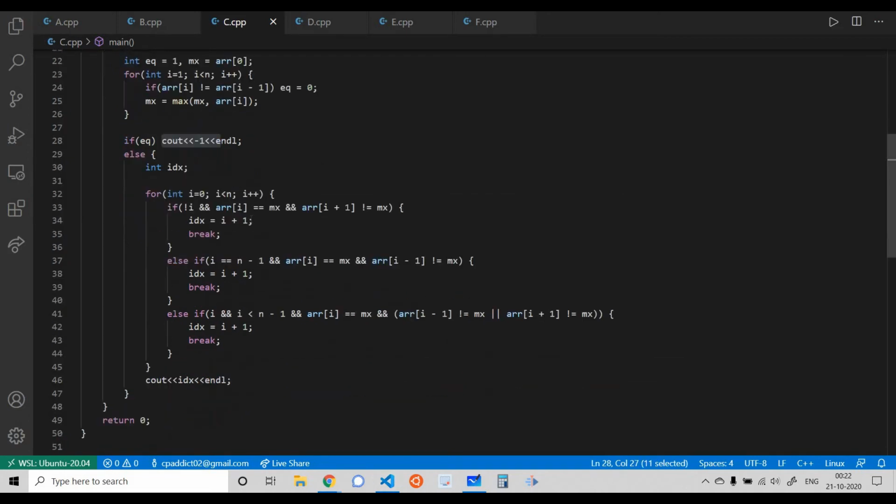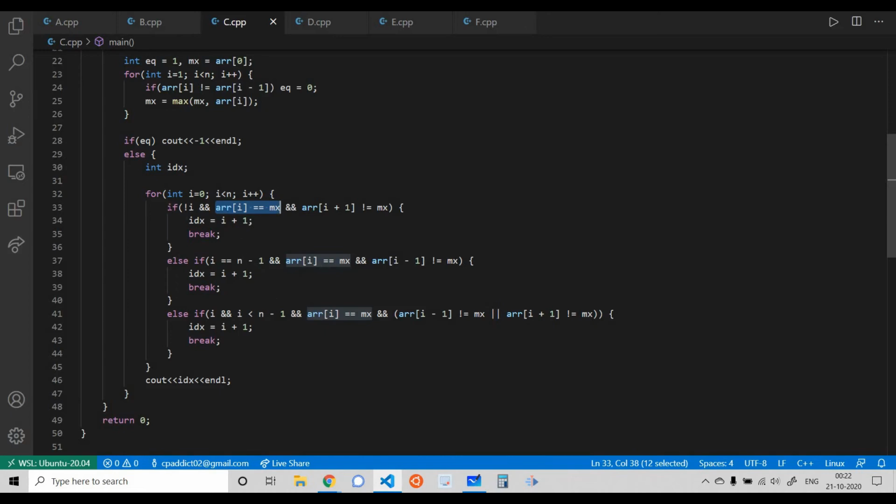Otherwise, we can have a dominant piranha in all other cases. So I'm doing the same thing. I'm traversing my whole array from index 0 to n. I'm checking whether the size of my current piranha is equal to max, and I need to find one adjacent piranha which is having a value lesser than max, or basically not equal to max, because max is the greater one.